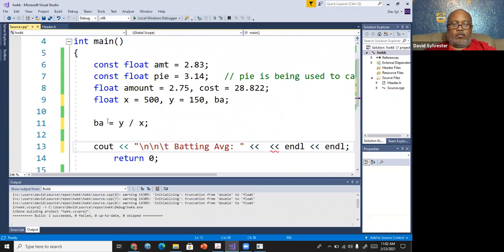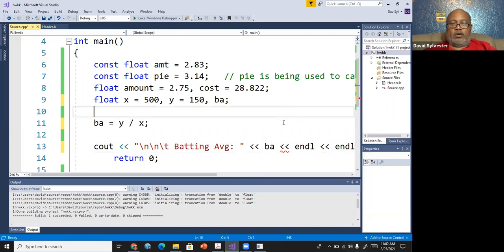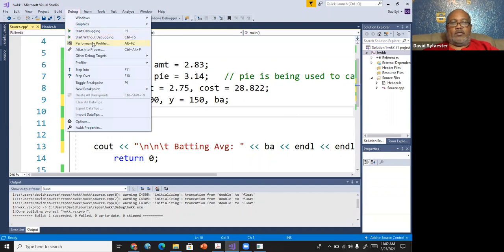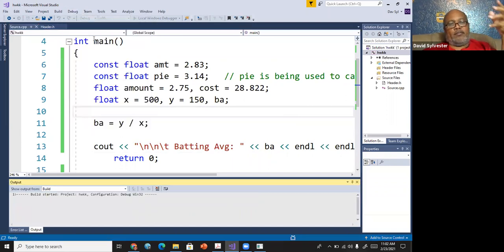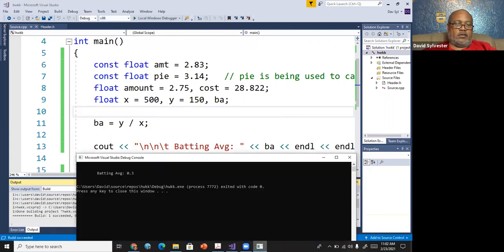You don't have to recreate X divided by Y, you just print out BA. So we normally want you to store the value in a variable and then print that variable out. Is it wrong to do it the other way? No, it's not wrong, but we like for you to do it this way. And we get the exact same answer.